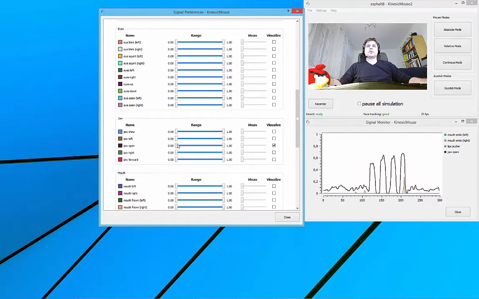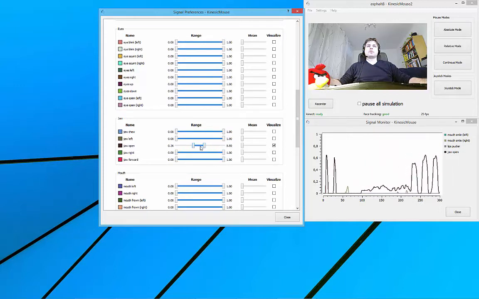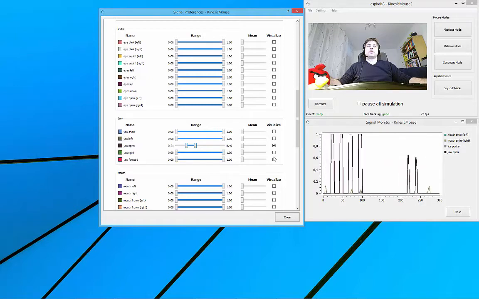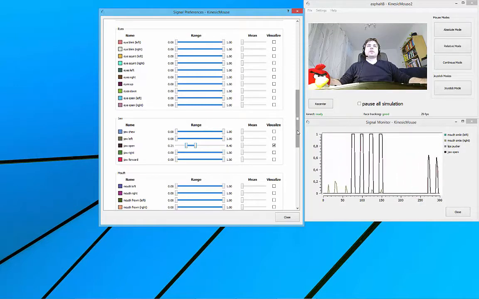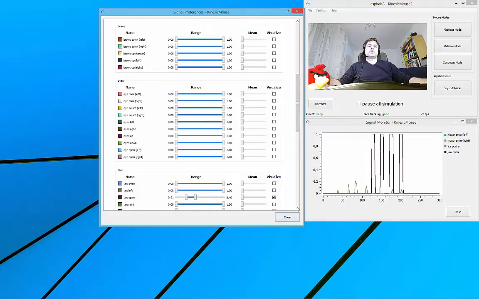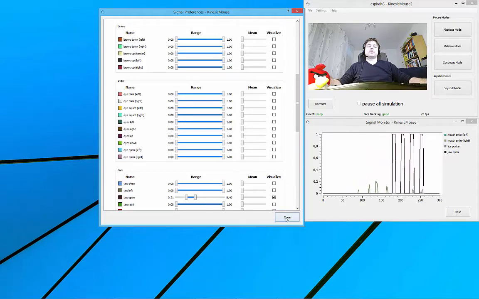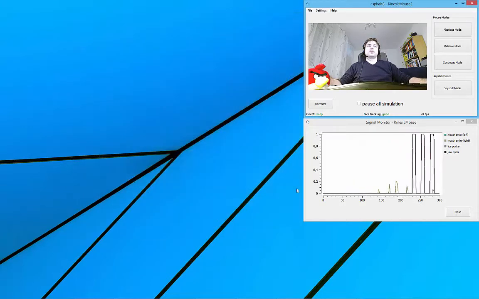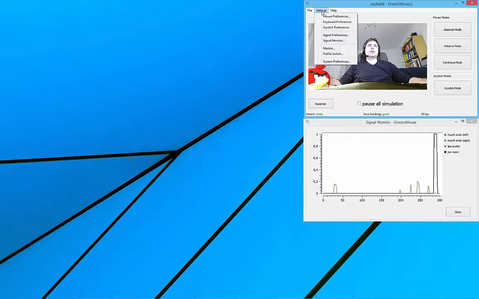Let's also adjust these bounds a little bit lower so that I can reach the top. Okay, perfect. So now that I've configured my signals, I'm going to head over to the settings tab